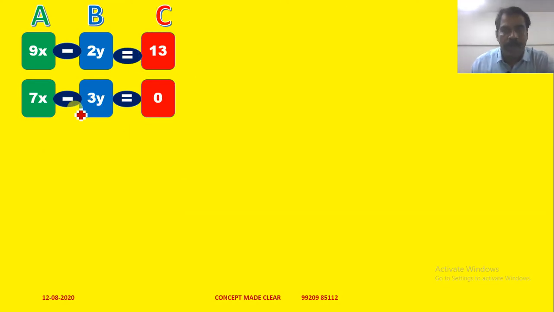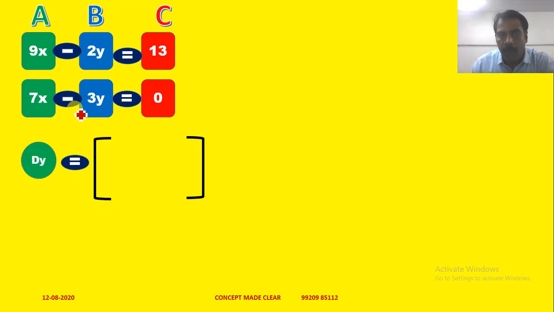Now in order to find out the value of determinant of y, we'll consider the same problem again. Now we are standing at y, that is at column B. We have to jump to the next number, that is column C, but as per the rule of alternate jumping, we cannot stand at point C, so we have to jump to A first.